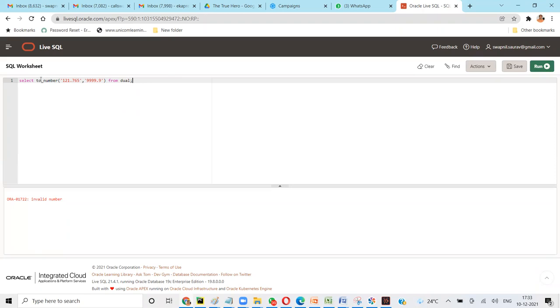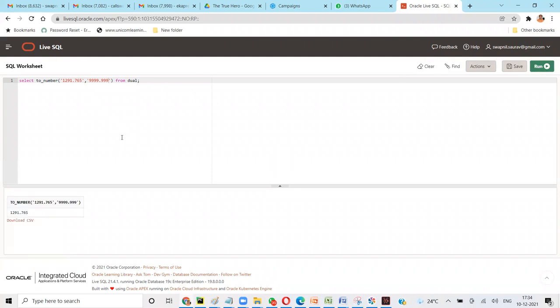Select TO_NUMBER. Okay, no, it shouldn't be that error.